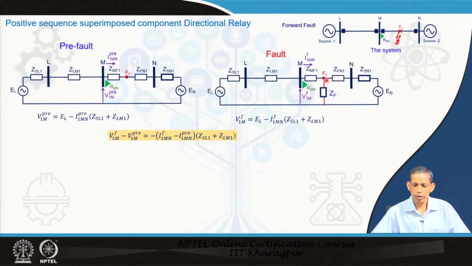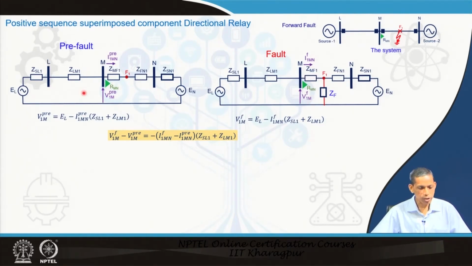Now, the fault happens to be at F1, a forward fault. So, the equivalent positive sequence diagram with ZF becomes like this. This we have already discussed in an earlier lecture. ZF consists of the negative sequence and zero sequence impedances if they are present, and the corresponding 3RF. A series parallel combination of that gives you the equivalent ZF. During the fault we have this V1MF and the corresponding I1MF relay current, so the fault component.